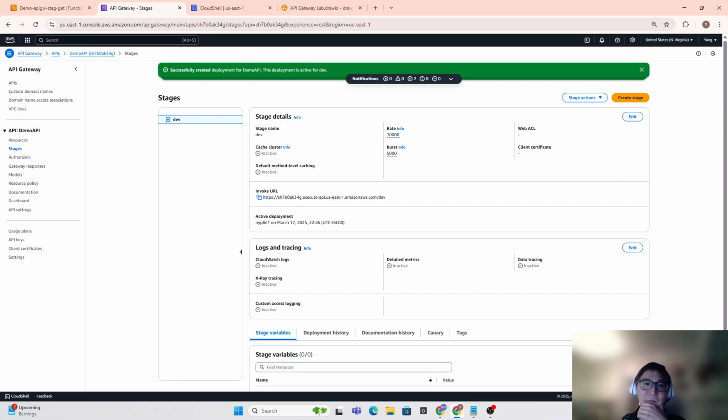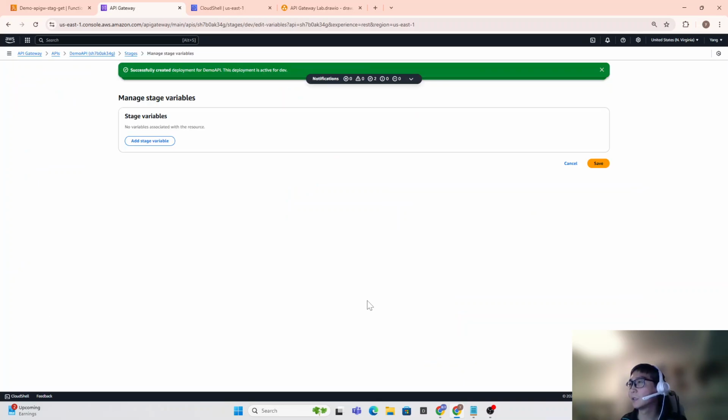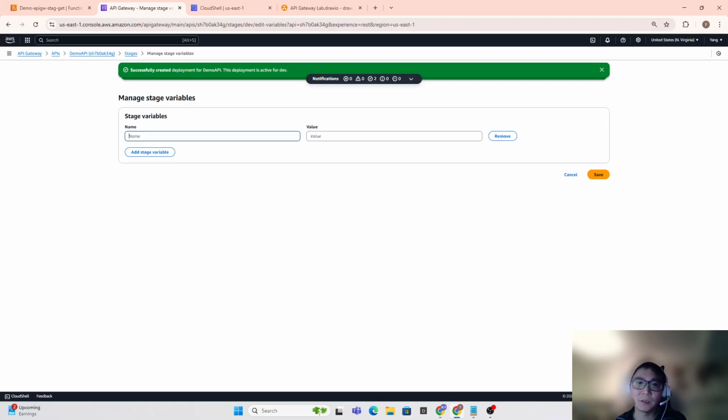There is a dev, and under here we need to give it the variable. So edit the variable called LAMBDAALIAS, lambda alias, and here we need to give dev the value, then save,